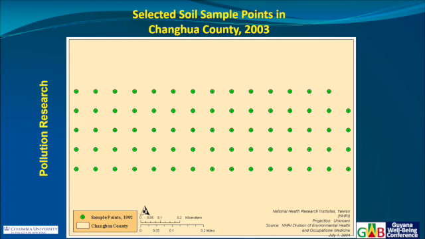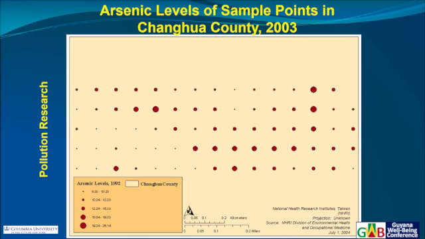This is an example of arsenic in agricultural soils in Changhua County in Taiwan. And these are just dots, right? You can see that they're all equally spaced. There's a missing dot because there was bad data. But each of the dots was collected with a GPS receiver, and they collected soil samples and sent them to a lab, and they determined the level of arsenic in the soil. Then that level was recorded in an Excel sheet with the coordinates. And then we can plot it, and change the symbology or the size. So the larger the dot, the higher the level of arsenic.